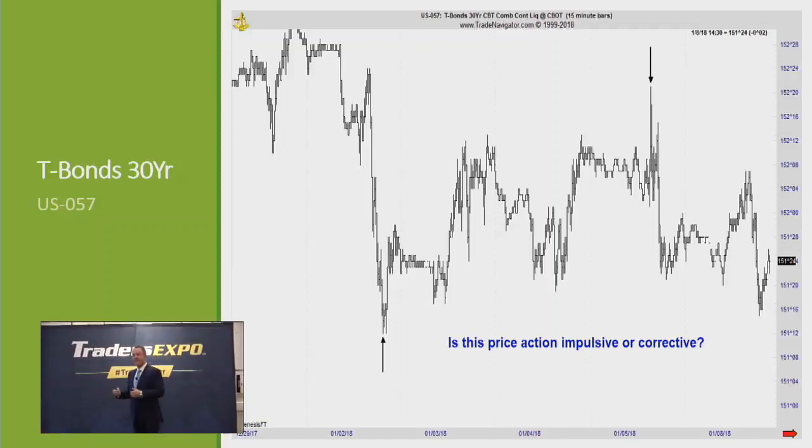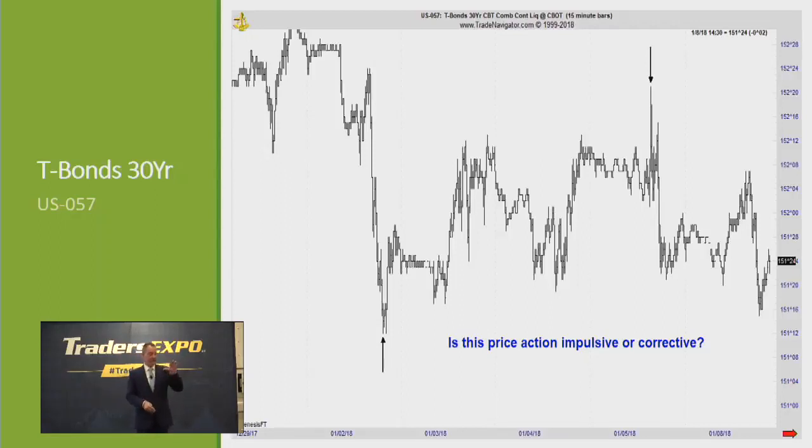So let's just keep it simple. We're going to try and start off on one of 2 feet. Is this price action motive wave price action? Think of it as a logic tree. You look at a chart. You see price action. Okay? Question number 1. Is it motive or corrective? If it's motive, I've got 2 choices. Is it an impulse wave or is it a leading diagonal? They both have 2 totally different types of characteristics. A diagonal is wedge shaped.